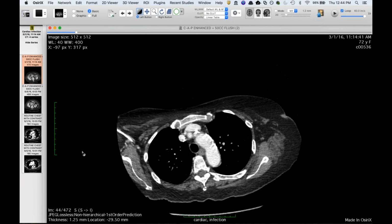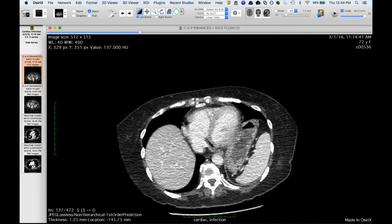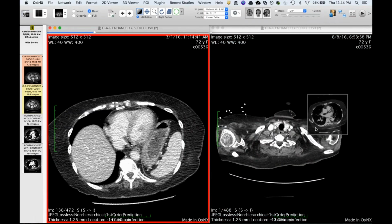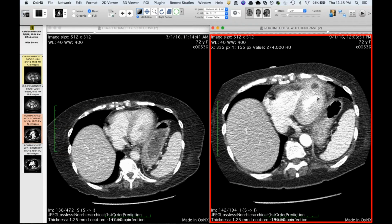This is a lady who was neutropenic, not at this time. This was back in March of this year, and this just shows you that her heart looks okay. That's the point of interest in this. And then she was bacteremic and had chest pain, and had this CT done on the 1st of September, and